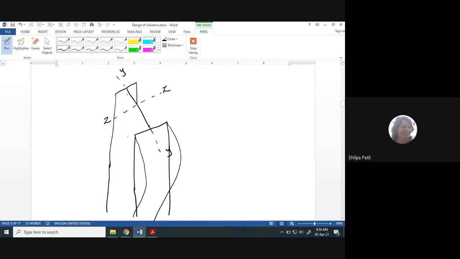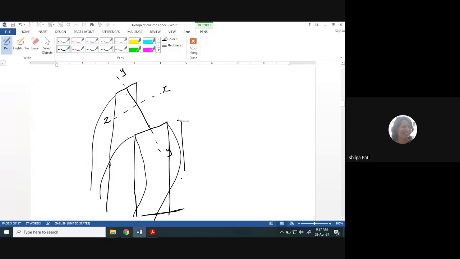And when we consider buckling about Z axis, the column will buckle like this. Okay, now to avoid this buckling, which is about the weaker axis, there is a bracing provided at mid height of the column. It means there is some support provided at the mid height over here. So my column is actually having a height below this also. Okay, along Y axis. And along Z axis, it is having a full length because there is no bracing